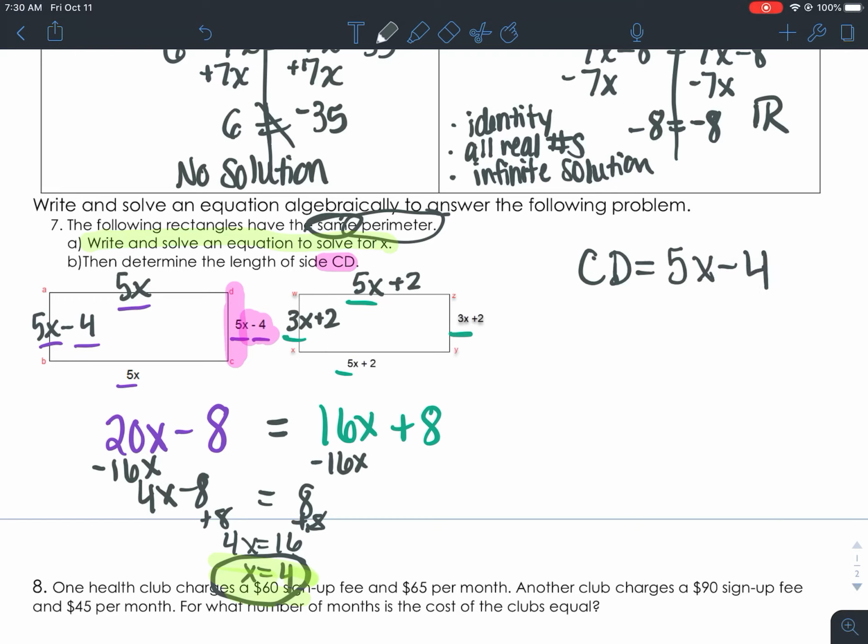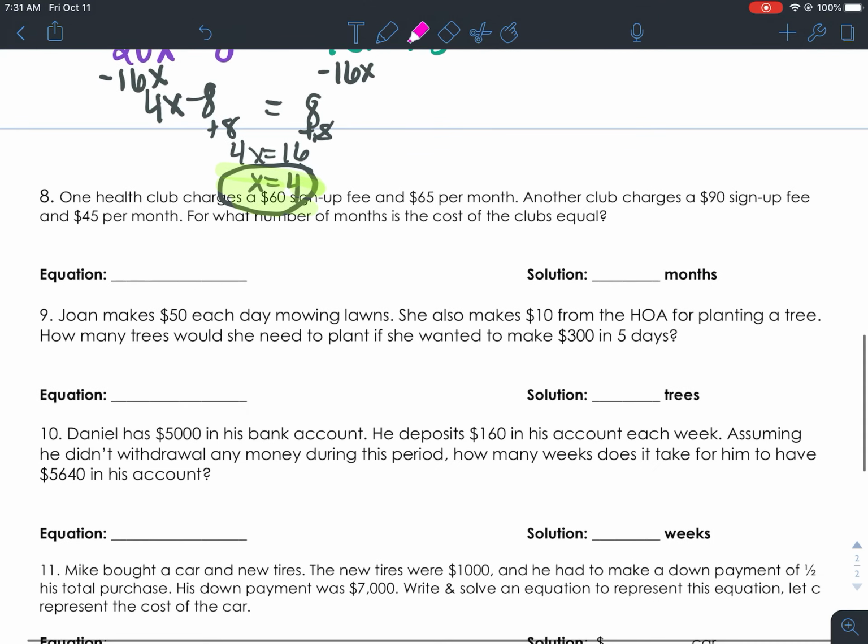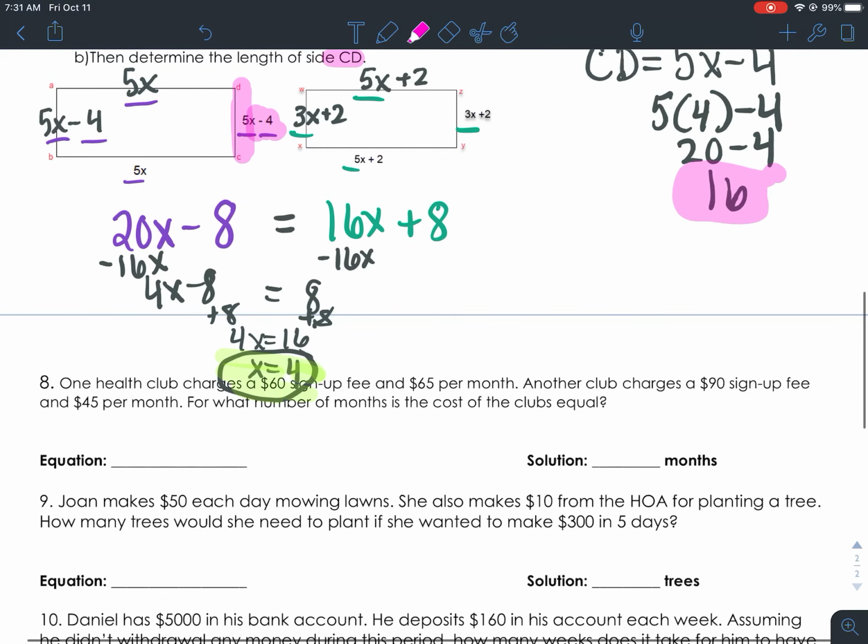Well, now we know x is equal to 4. So we can do 5 times 4 minus 4, 20 minus 4, which is 16. So that's the other answer to that. That's the second one for that. So it's a multi-step problem. You first set them equal, and then you solve it out. Okay, and that concludes the first page, and then I'll make it